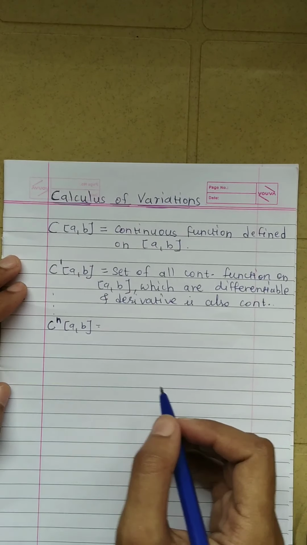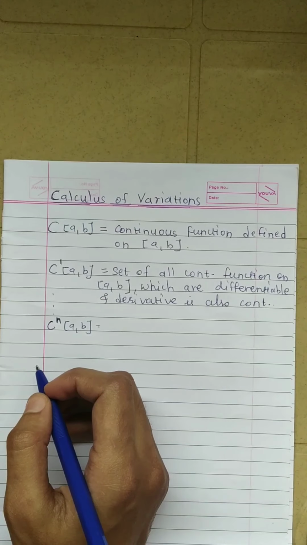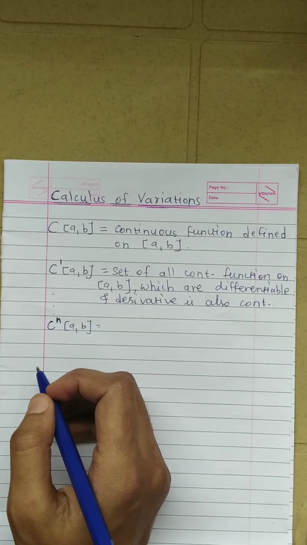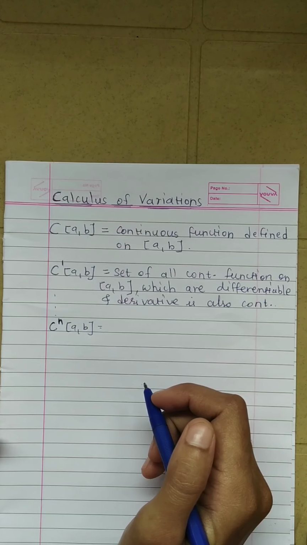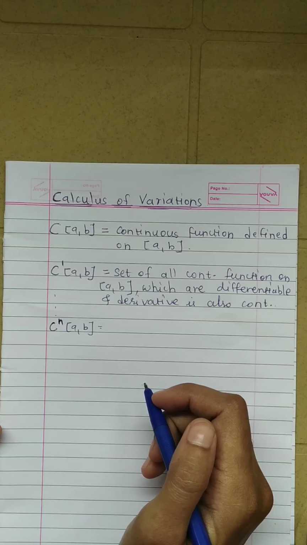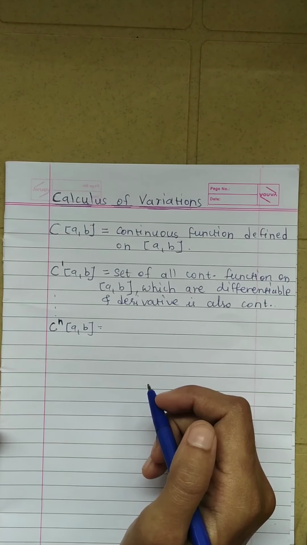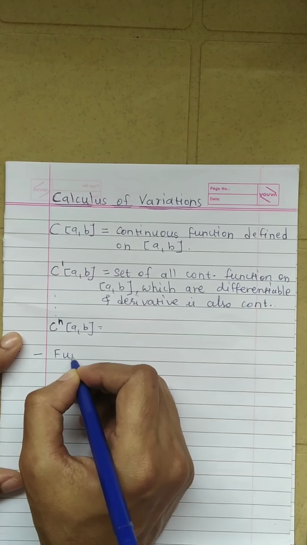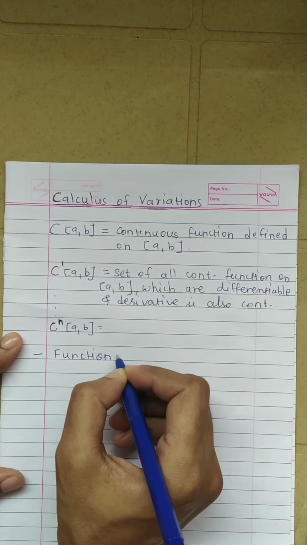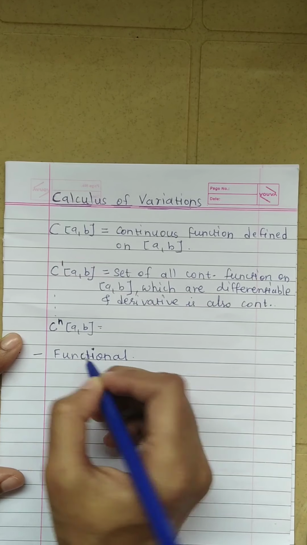Now let us define what is this calculus of variations. Okay, calculus of variations is a branch of mathematics dealing with problems of finding variations in functionals. Okay, so in the definition itself there is a new word called a functional. Okay, in linear algebra you all must have come across this word functional, but here it is slightly different. It is not that same functional.